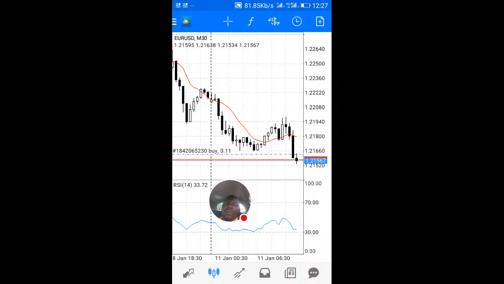it always moves in zigzag form. It does not move in a straight line like other pairs like CAD-JPY do. It goes down and up. This pair is very, very volatile. If you can see our immediate candlestick,